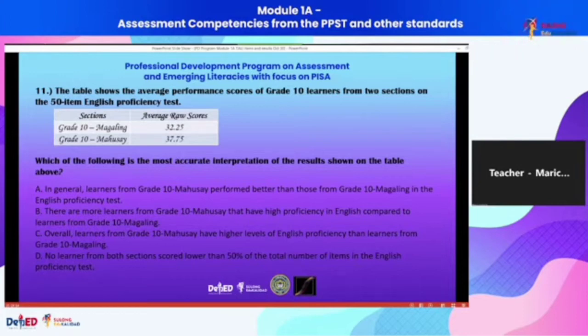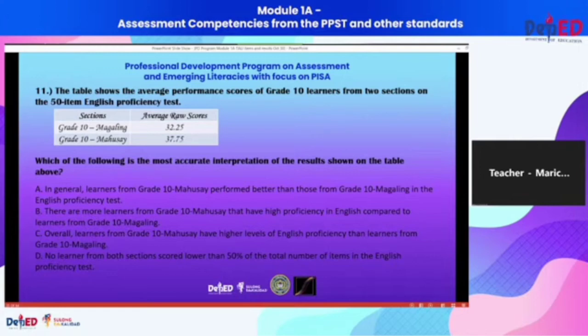Option A, in general, learners from grade 10 Mahusay perform better than those from grade 10 Magaling in the English proficiency test. Letter B, there are more learners from grade 10 Mahusay that have high proficiency in English compared to learners from grade 10 Magaling.